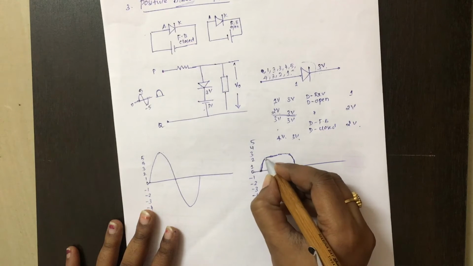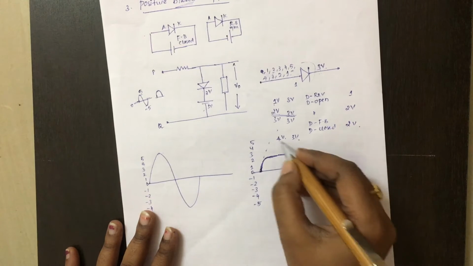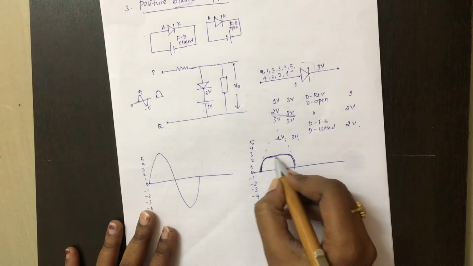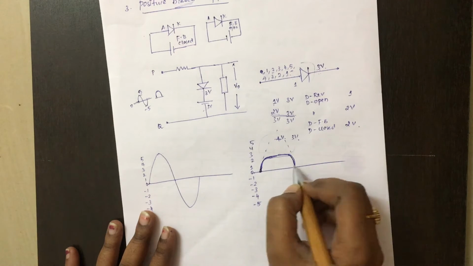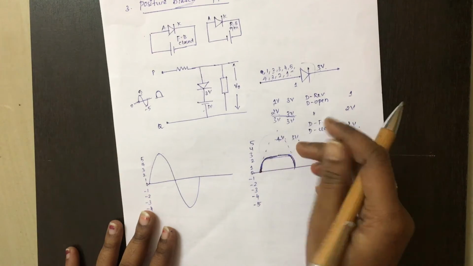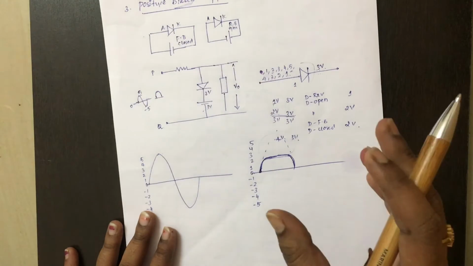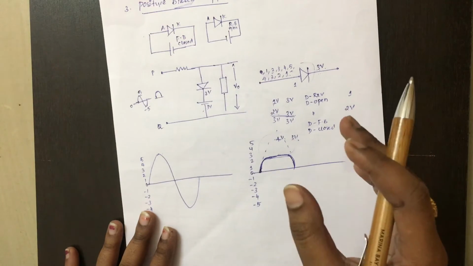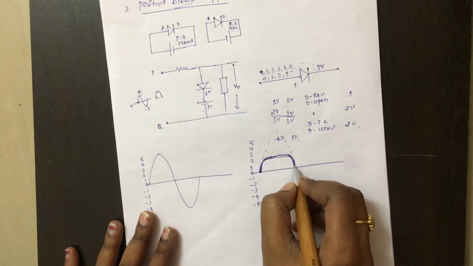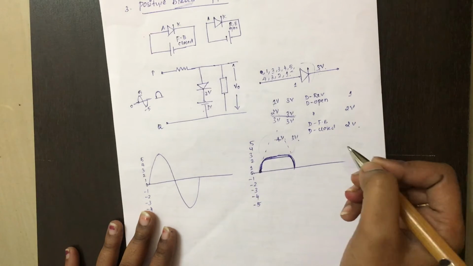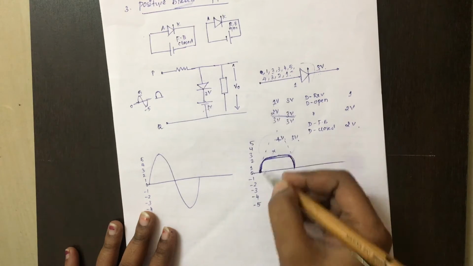So here if you see, instead of clipping the entire positive cycle, you are just clipping this part alone. So this part we are getting as an output. Only the upper portion of the positive wave signal is clipped. So here positive clipper clips the positive waveform, but based on the level or the voltage that is applied by the battery. Here 3 volt is applied, so till 3 volt only we will get an output waveform. So above 3 volt, above the voltage supplied by the battery, there is no waveform.